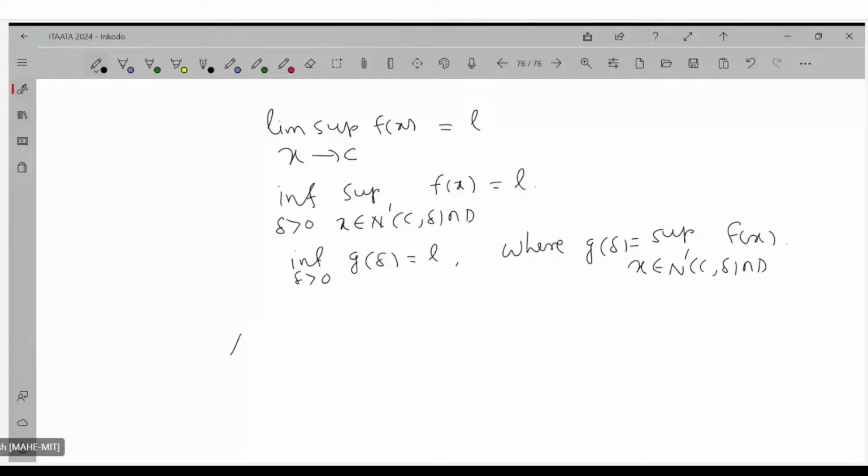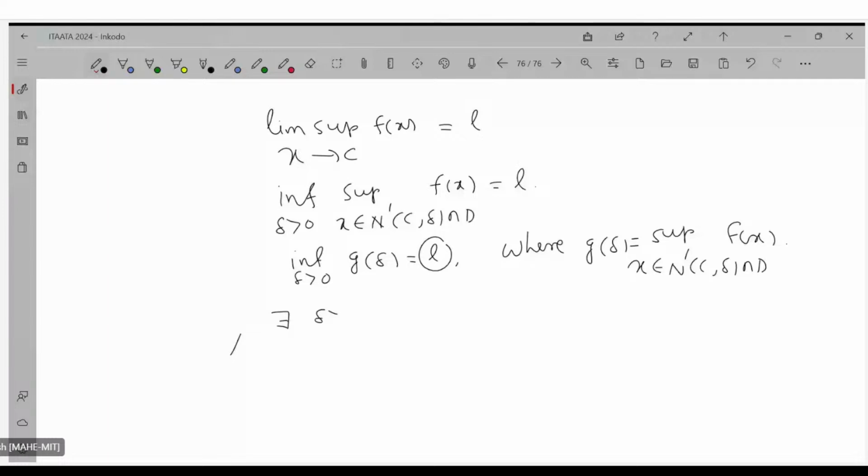That means what? That means, if you, this is a lower bound, least upper bound, greatest lower bound. So if you add a positive number L plus epsilon, by that property what will happen? There will exist an element of this set, that means there will exist a delta greater than 0 such that, since L is the infimum of this set,